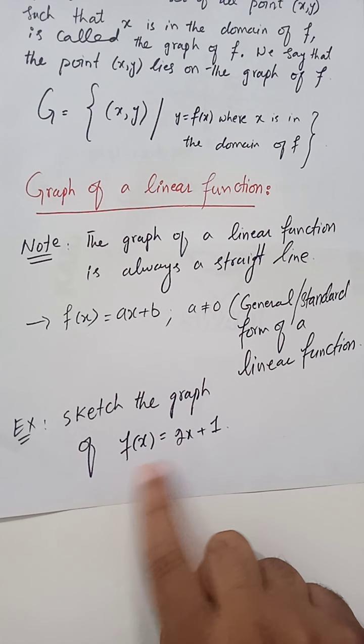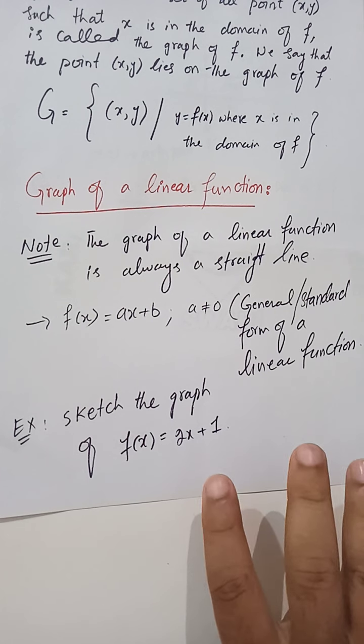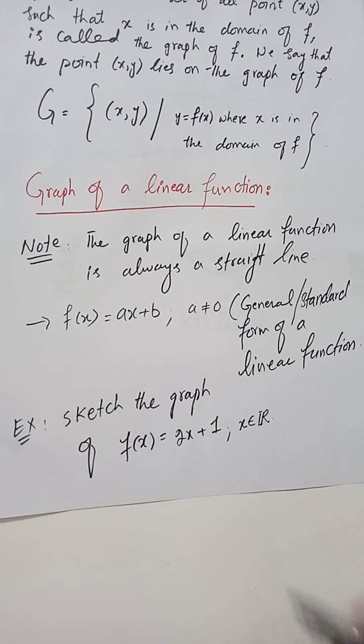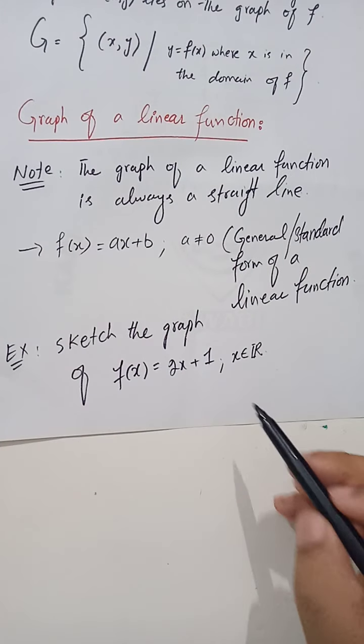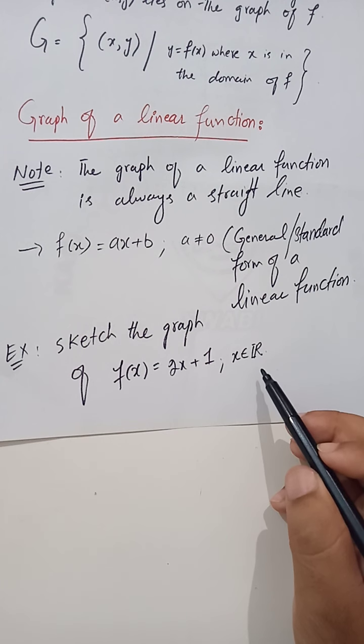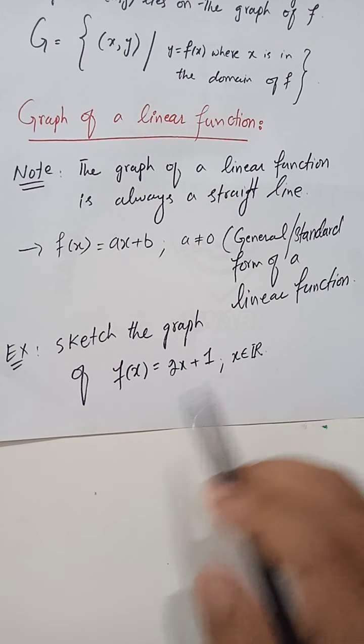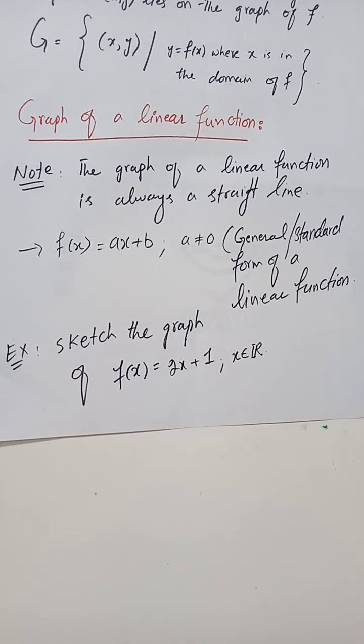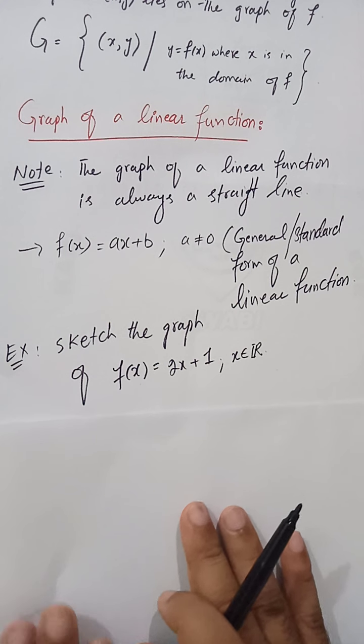Now in this case you see that the domain is not mentioned. So the domain belongs to the set of real numbers, meaning x belongs to the set of real numbers. So how many points will you choose from the set of real numbers to put in the function and get the value of y? How many ordered pairs do you need to construct at least? So 2, because 2 points are required for the construction of a straight line in the xy plane, the minimum requirement. So you need to make a table.